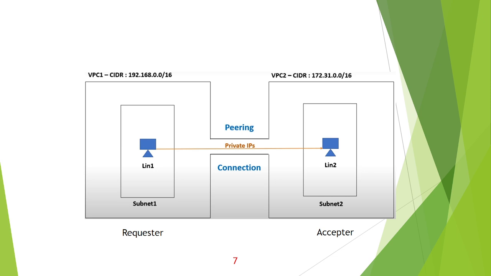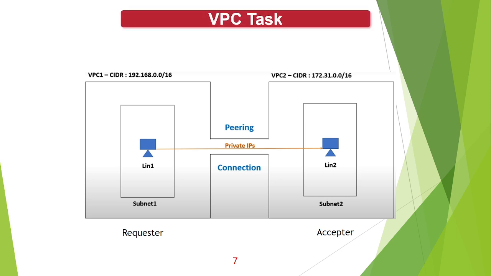So now this is the demo we are going to perform. This is the task I am going to perform. I need two VPCs. One VPC we already have, that is 172.31.0.0/16. This is the default VPC which is available in your account. I'm going to take that VPC as the acceptor, and I'm going to create a new VPC called VPC1, that is